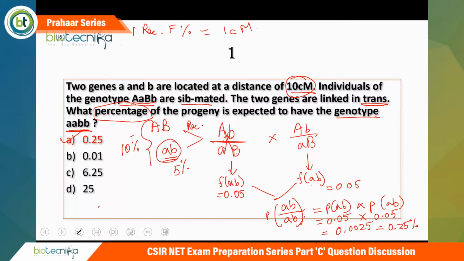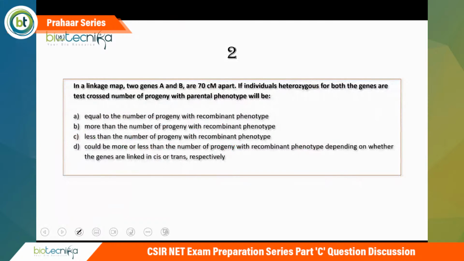Now moving on to the next question. This is also a similar type of question, but again, you have to understand the concept here. It's given that in a linkage map, two genes, capital A and capital B, are 70 centimorgan apart. If individuals heterozygous for both the genes are test crossed, the number of progeny with parental phenotype will be, options given,